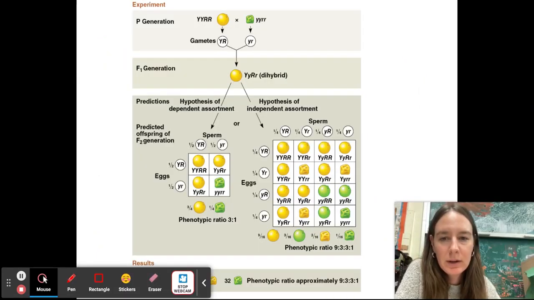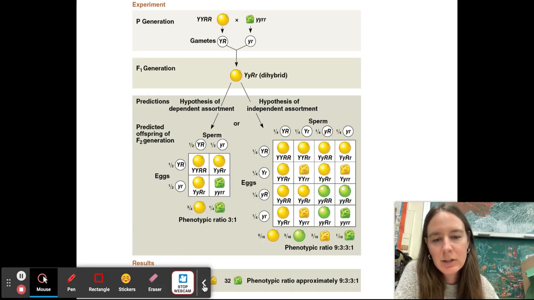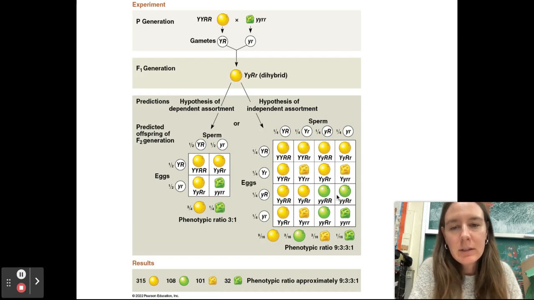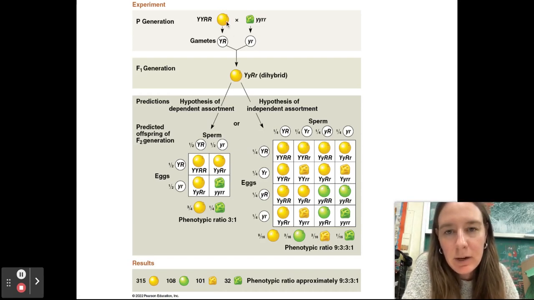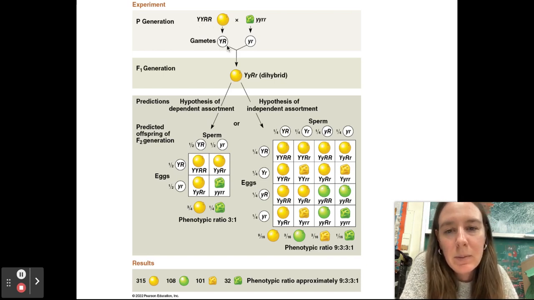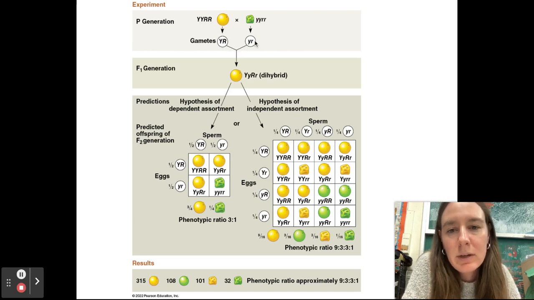Okay, so what's going on here? Why does our F2 generation have a 9 to 3 to 3 to 1 ratio? Why is there a mix of traits? Well, let's look back at our parent generation. Here's our pure breeding yellow and round organism. Here is our wrinkled and green, right? When this is making gametes, it can only donate capital and capital, 2 dominant alleles, and this one can only donate its recessive. So when we're making our F1 generation, it's going to be a dihybrid